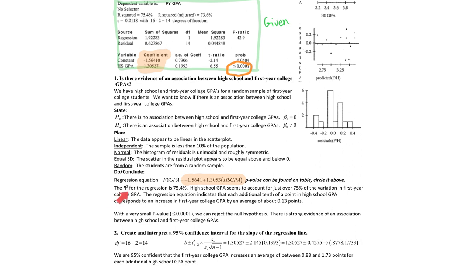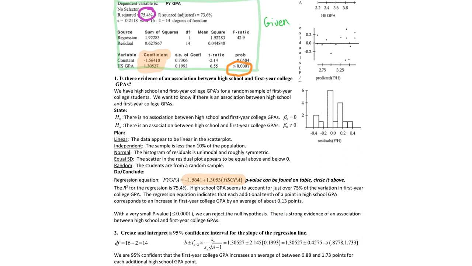This also points out a couple other things. The r squared they are pointing out here. So the r squared for the regression is 75.4. You can find that right there. The high school GPA seems to account for just over 75% of the variation in the first year college GPA. The regression equation indicates that each additional tenth of a point in high school GPA corresponds to an increase in the first year college GPA by an average of